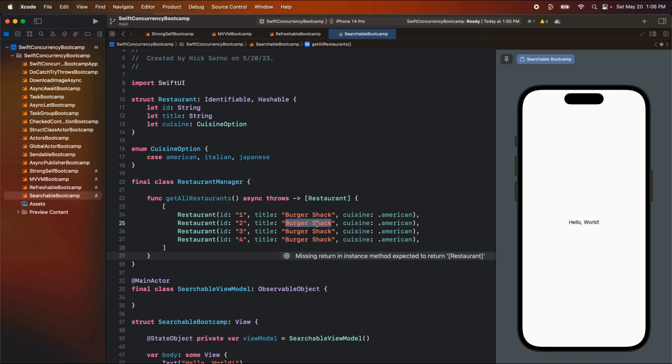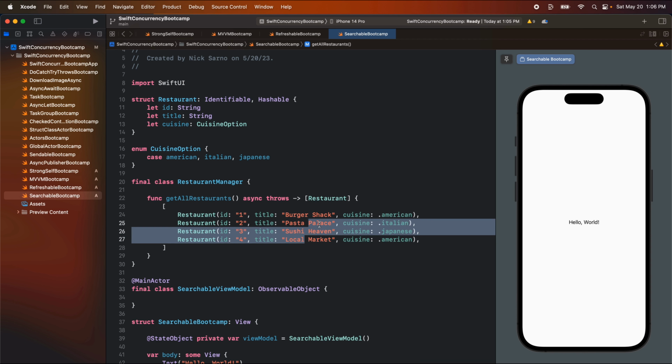The second one, let's name it Pasta Palace. That sounds Italian, maybe Italian American. I think real Italians would never call it Pasta Palace, but let's go with that. And then of course we need Sushi Heaven, because that will fill our Japanese cuisine. All right, and finally, let's just do some generic, maybe like a local market, like a supermarket or something like